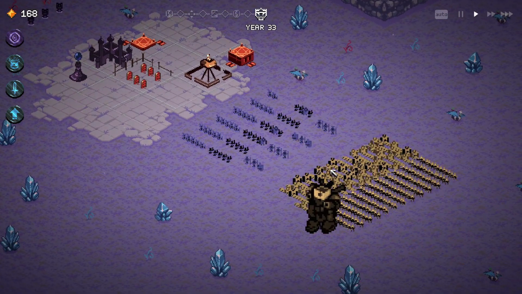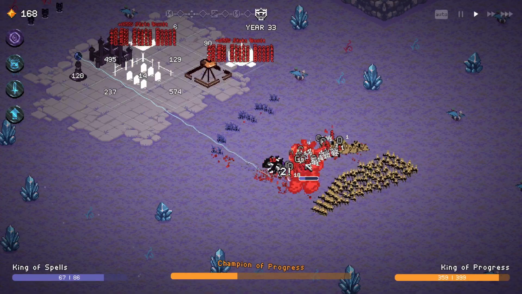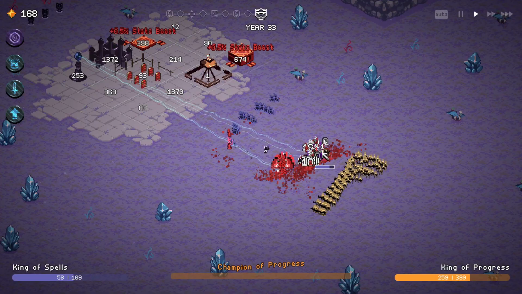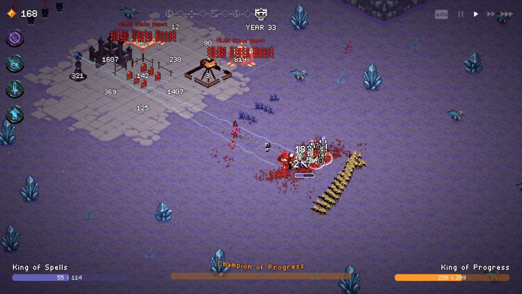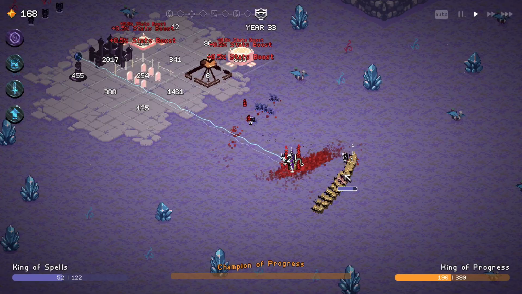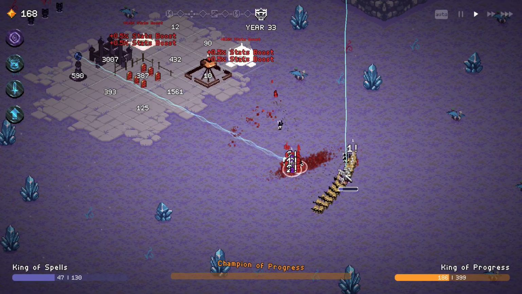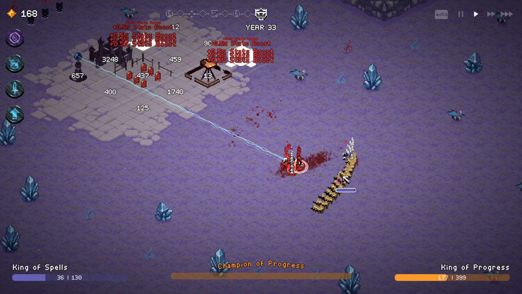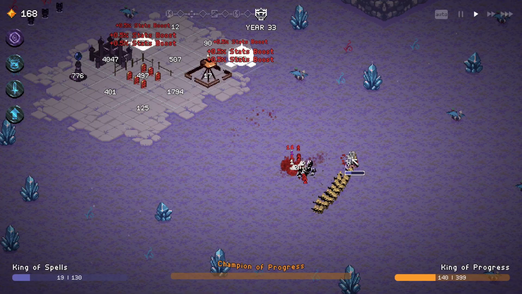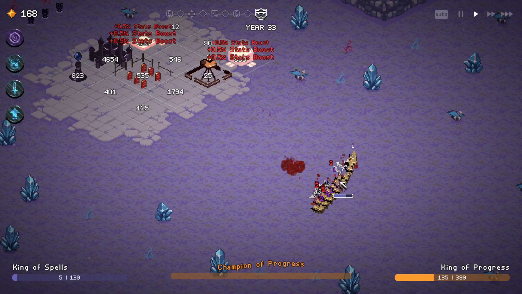Right, this is the big boss. I have... Okay, let's get rid of the champion of progress. Okay, I have actually killed the boss. I didn't do that last time. Okay, maybe that is the difference. They've got a lot of troops. They've got 180 to our 40. It is not looking good. We've got 138, they've got...